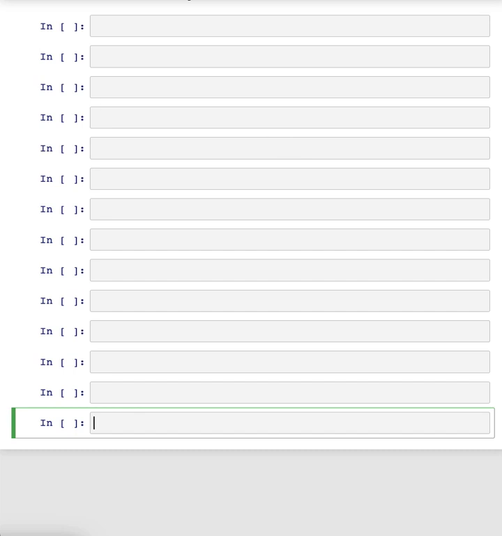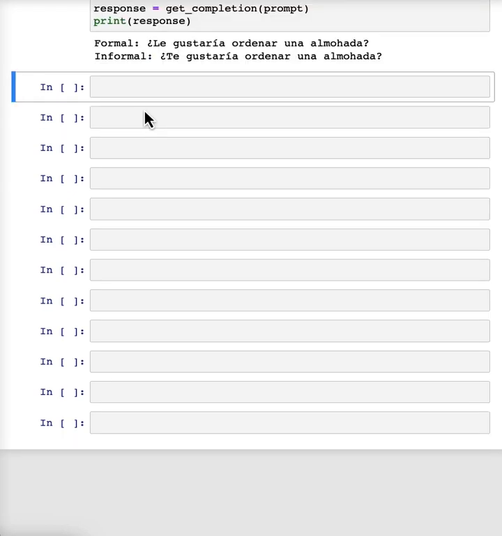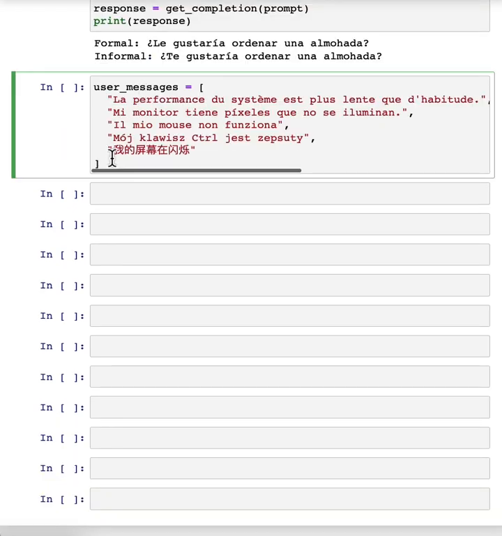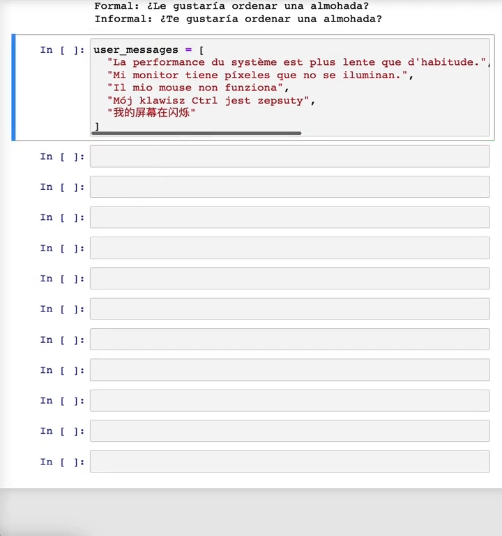For the next example, we're going to pretend that we're in charge of a multinational e-commerce company. The user messages are going to be in all different languages, and users are going to be telling us about their IT issues in a wide variety of languages. So we need a universal translator. First, we'll just paste in a list of user messages in a variety of different languages. And now we will loop through